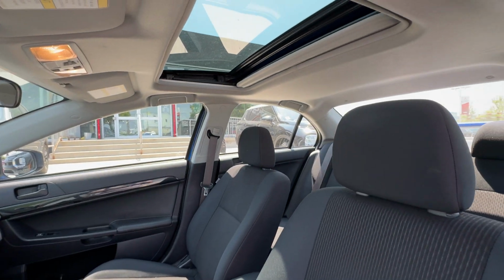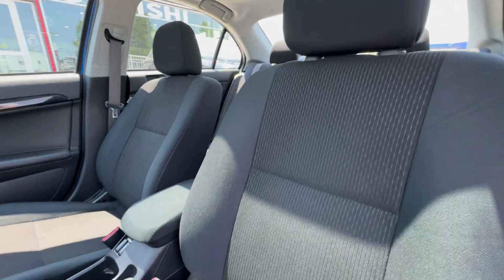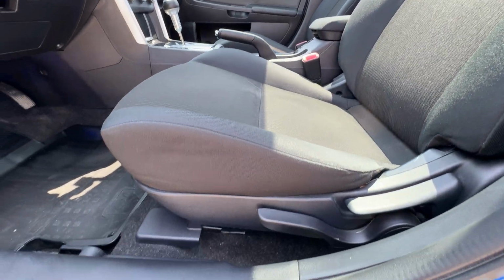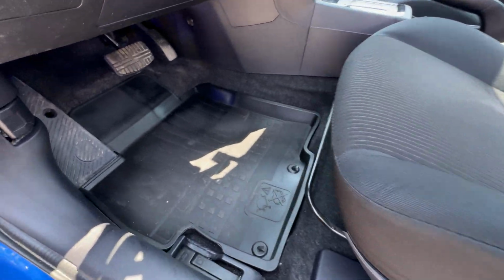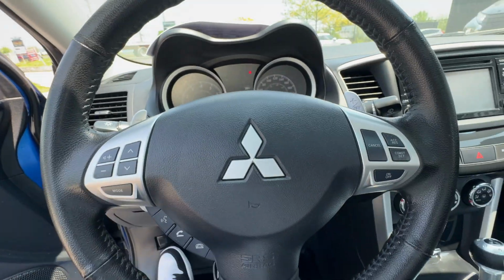Up front, we have that power tilt and slide sunroof. And of course, same great seats in really great condition. It is a height adjustable driver's seat as well. And there's our floor liners to keep everything nice and protected. Now, hopping in,